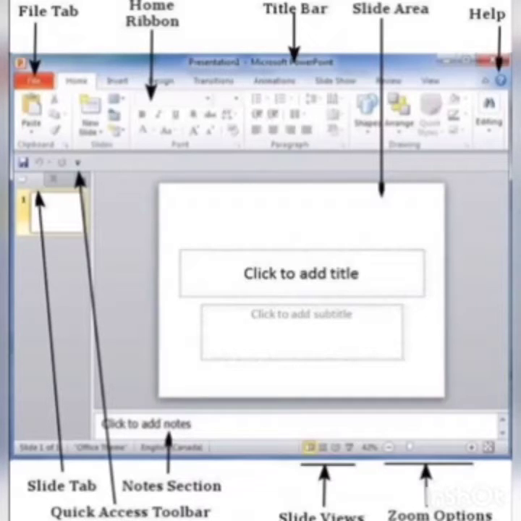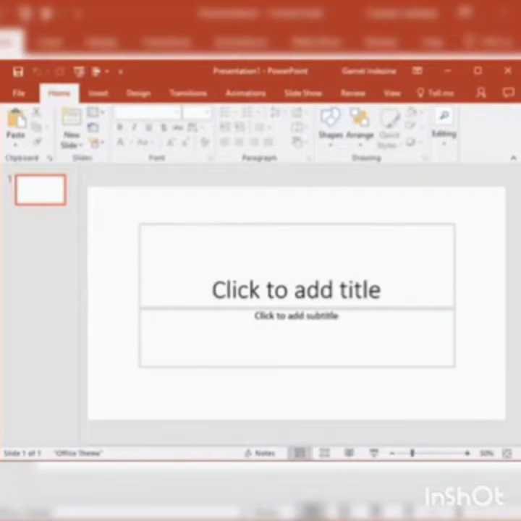First is the File tab, second is the Home ribbon, third is the title bar, fourth is the slide area where you make your presentation, fifth is Help, then look at the downward Slide tab, then the Quick Access toolbar, next is the Notes section, then Slide views, and at last the Zoom option is available. In the next class I will tell you about the different toolbars of MS PowerPoint, and today we are going to learn about adding a text box.